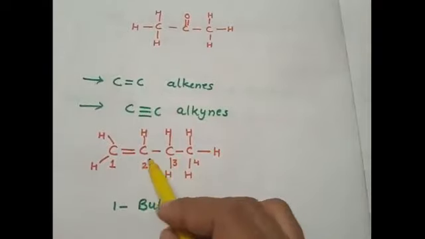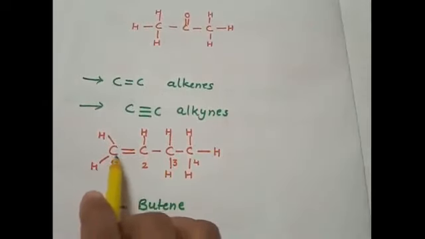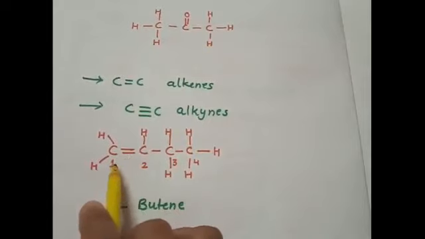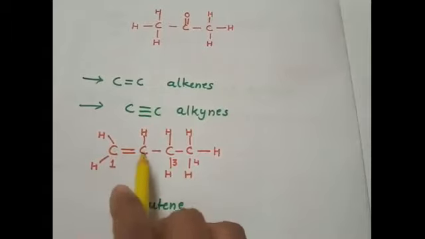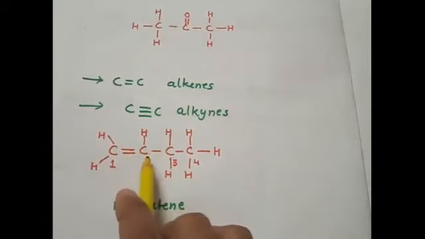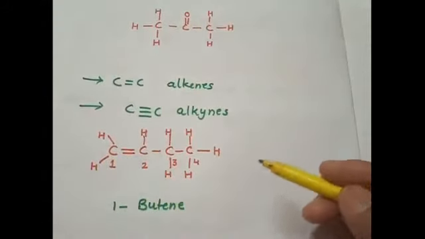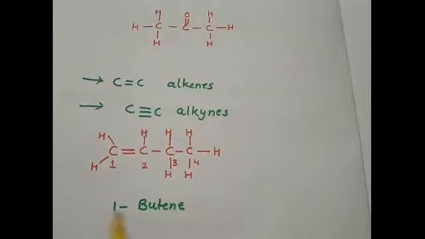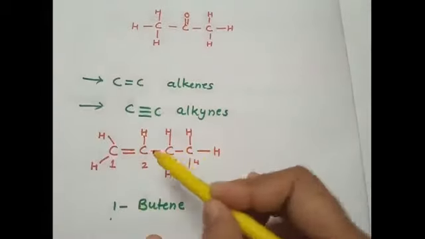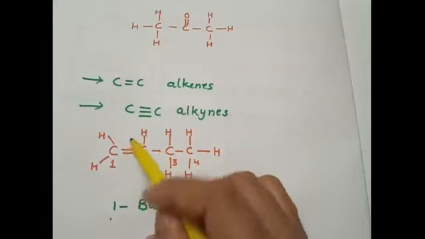We can have a double bond at the first position of the carbon atoms, or this double bond can be at the second place also, and accordingly the valencies of the carbon atoms will be satisfied using hydrogen atoms. So this is butane, but as we have a double bond at the position of the first carbon, this is called 1-butene. It can also be 2-butene if the double bond is here and here we have a single bond.